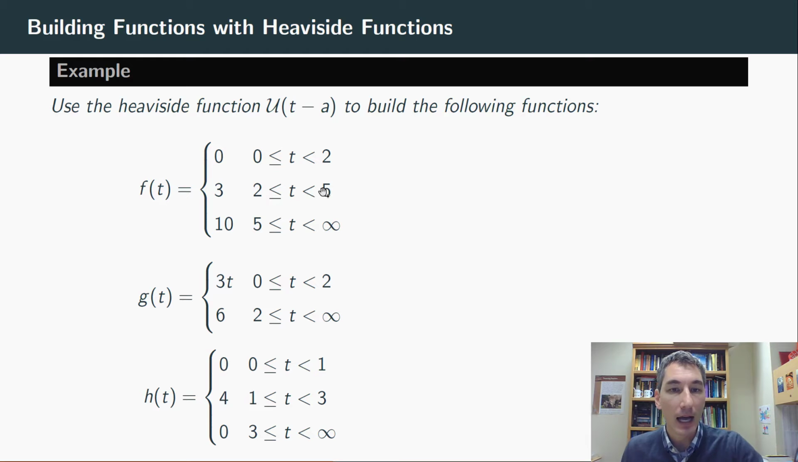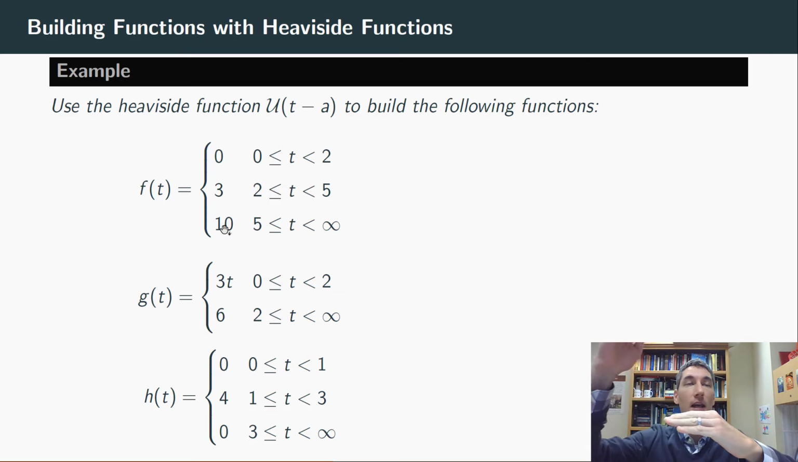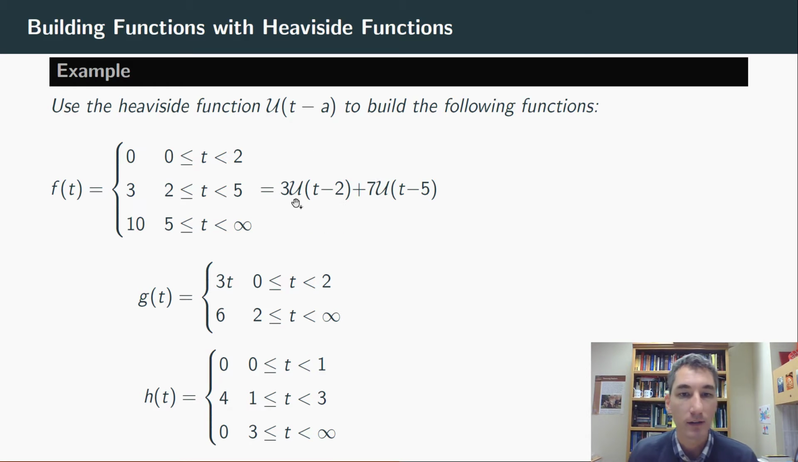And then at 5, it's going to jump up from 3 to 10. So we're already going to be at 3. We need to get to 10, so we need to add another 7 unit step function. So check this out. If we take this piecewise defined function, we can write it very compactly as 3 unit